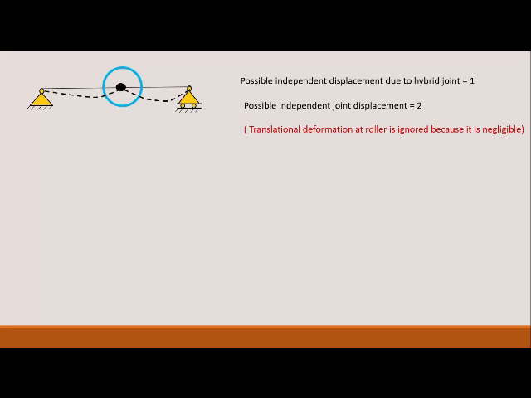Let us now consider this beam, a simply supported beam having a hybrid joint at the center, which is an internal hinge again, that is, moment is being released. So you will see there will be 1 independent joint displacement due to the hybrid joint, and there will be 2 independent joint displacements or rotational displacements at the supports, one at the hinge and another at the roller. So one rotation at the hinge and one rotation at the roller, and the rotation at this internal hinge boils down to 3. So we may say that this has kinematic indeterminacy equal to 3, but you see the configuration of the beam,